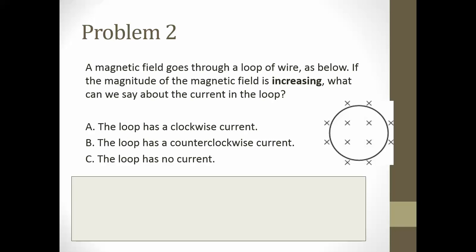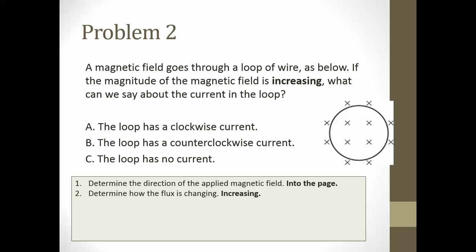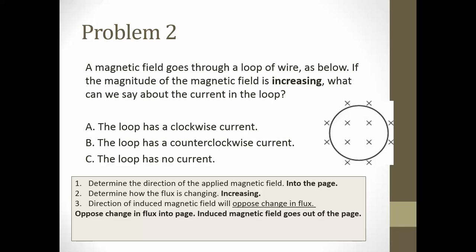Well, let's look at it step by step. First, what direction is the applied magnetic field? Based on the X's, it is into the page. Next, how is the flux changing? Well, we said that it is increasing. Now we're going to determine the direction of the induced magnetic field, and it's going to oppose the change in flux. So we have into the page and increasing. We want to oppose that. So opposing a change in flux into the page, our induced magnetic field is going to come out of the